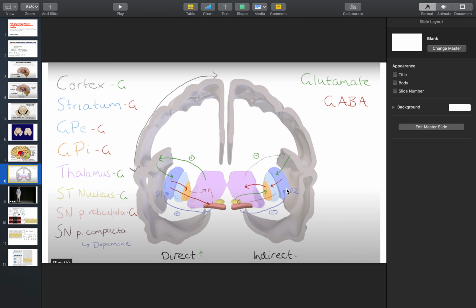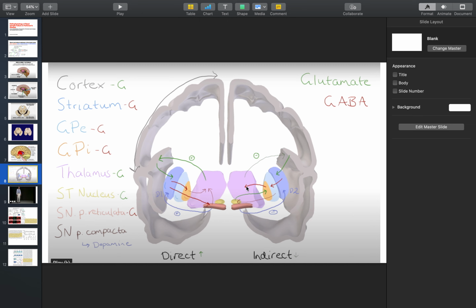It contains D2 receptors, but they're more inhibitory to the caudate than D1. So you see this glutamatergic excitatory input, and then this GABA inhibitory to the globus pallidus external, and then it